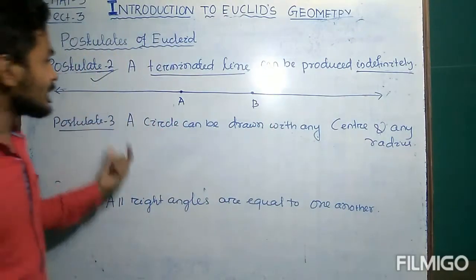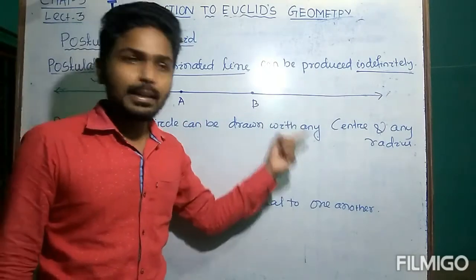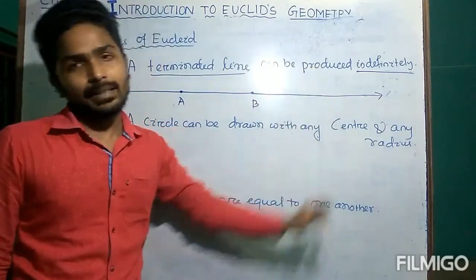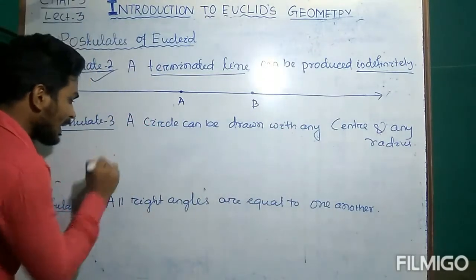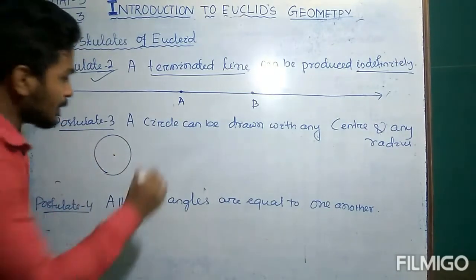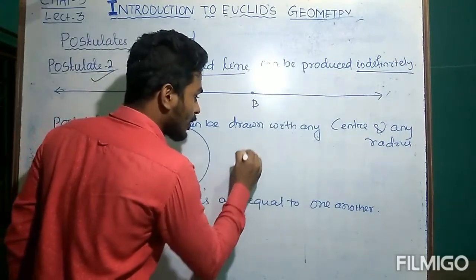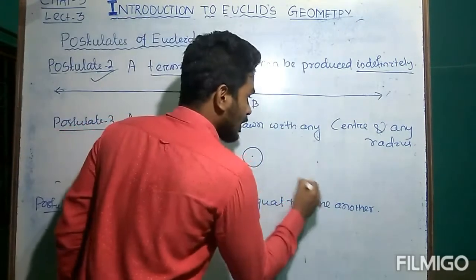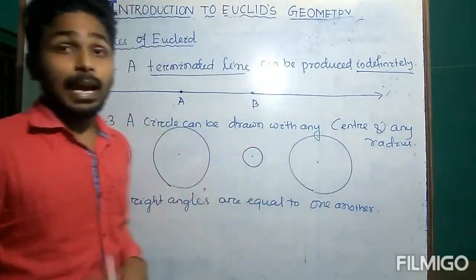Coming to postulate number 3. It says a circle can be drawn with any center and any radius. It means you can draw any circle by taking any center. Suppose this is a center, then you can draw a circle like this. If this is a center, you can draw a circle like this. If this is a center, then you can draw a circle like this, like this. So you can draw any circle with any center, and